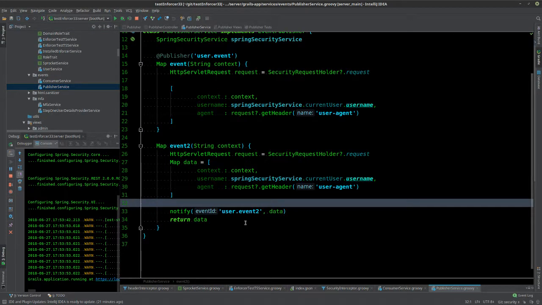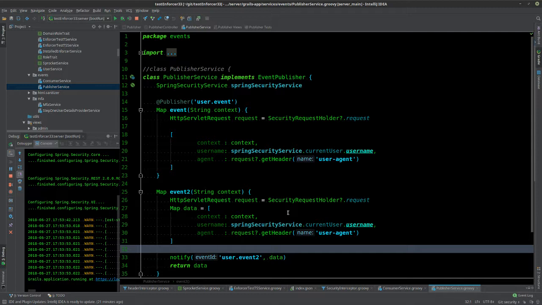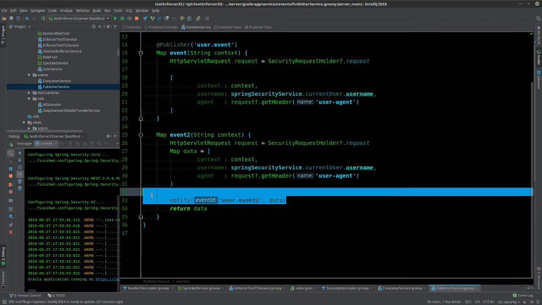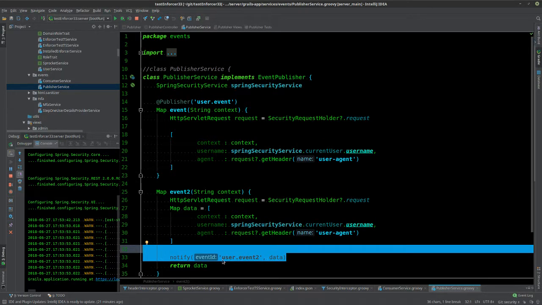Yes. So there is another way to basically do these, which was the old way, which uses notify, which gives you a little bit more flexibility of where you do it in your code. However, they changed it. This used to be included in services and controllers by default in Grails 3.2, and they took it away.